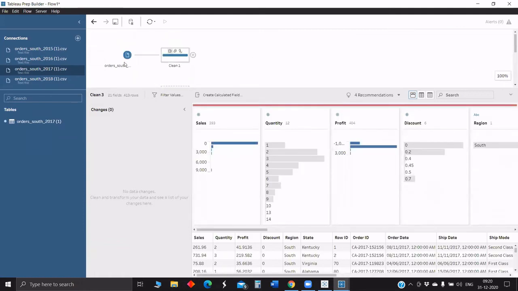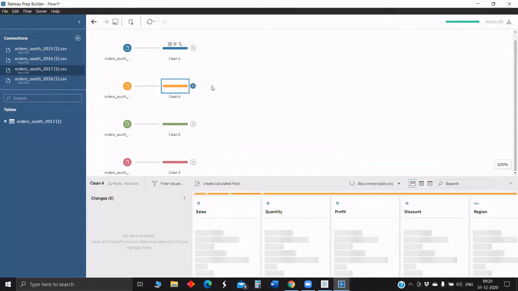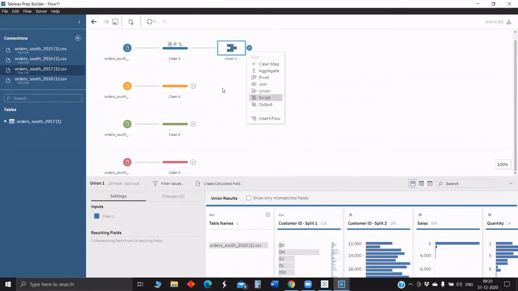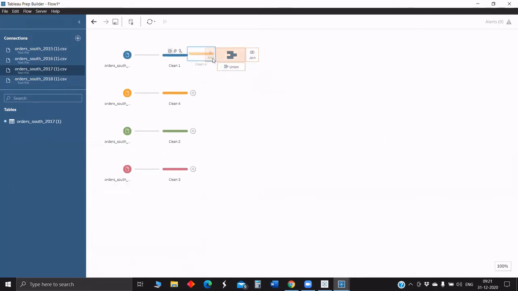Since all those are of the same data structure, and only there is a change from here to here, you will just go forward and do a union. When you click, here we will have an option to give union, you can just give union. If you would like to union this order South 2017 with this union, what you have to do is not just add a union like this, because then a new union will be created. Instead of that, you have to drag this and give add to the existing union. That's what you are supposed to do, so that this data set also gets unioned with this.